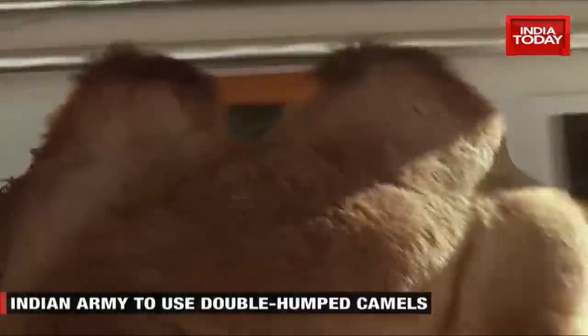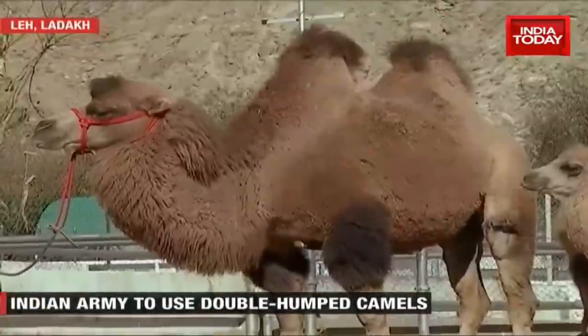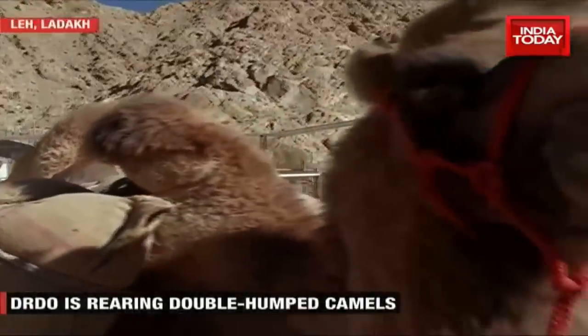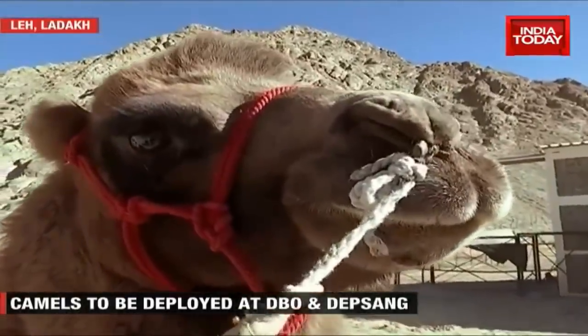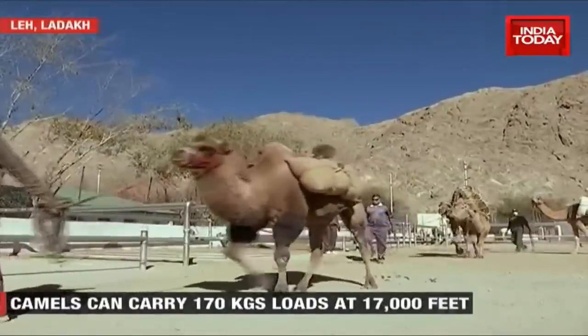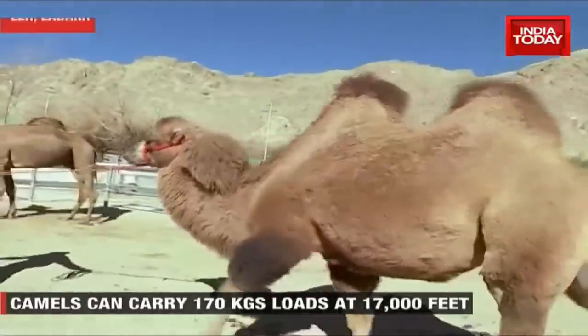The double-humped camel, found at 12,000 feet in Ladakh, is natural for the terrain. Many of them are now being reared at the Defence Institute of High Altitude Research under DRDO. After carrying out trials and doing a comparative study, it was found that the double-humped camel was the best suited